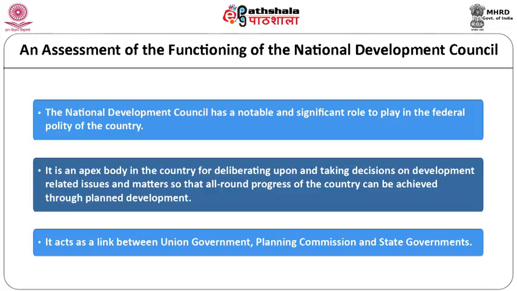After the Planning Commission formulates the national plan, it is considered and approved by the Union Cabinet, and then it comes to the National Development Council for consideration. Only when the National Development Council approves the national plan is it presented to Parliament for approval. The working of the National Development Council ensures that the planning system adopts a national perspective and achieves national unanimity on